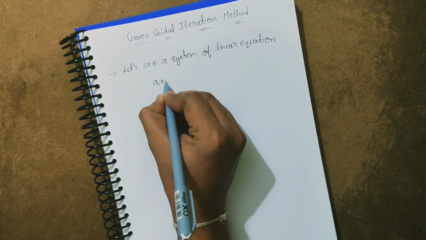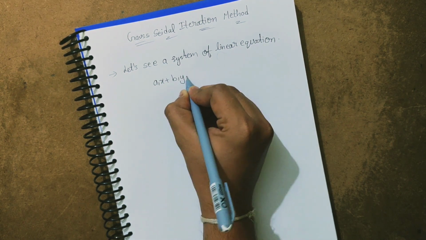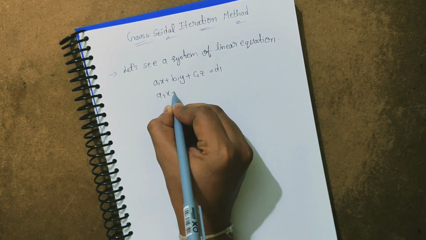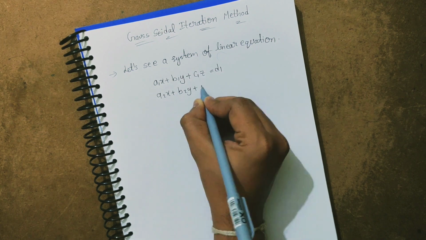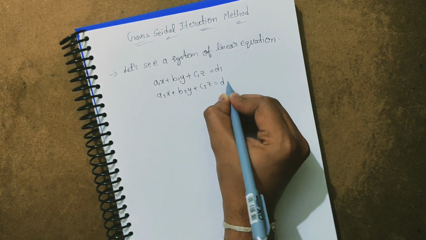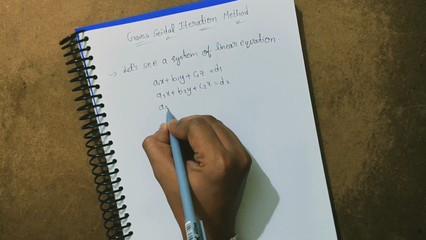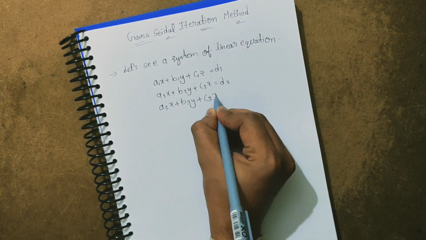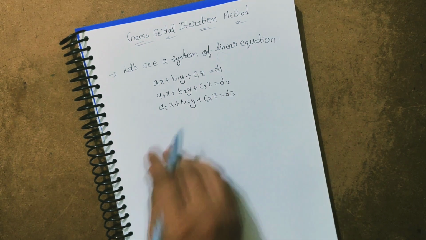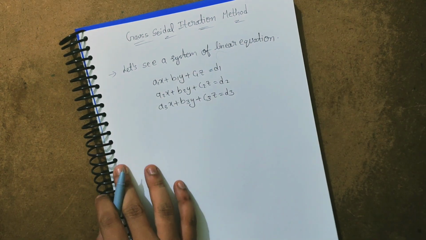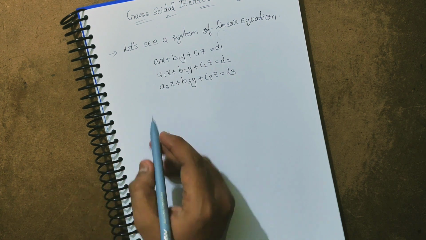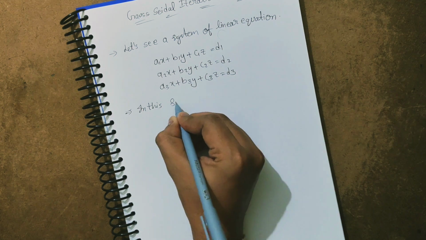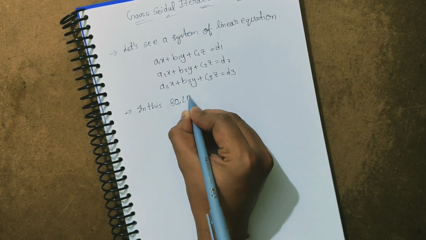Let's take a1x plus b1y plus c1z equal to d1. Now a2x plus b2y plus c2z equal to d2, and the last one a3x plus b3y plus c3z equal to d3. So this is a system of linear equations. Now in this system of linear equations